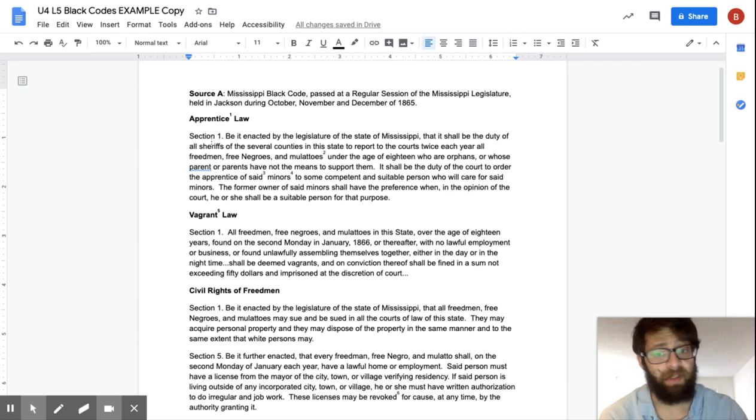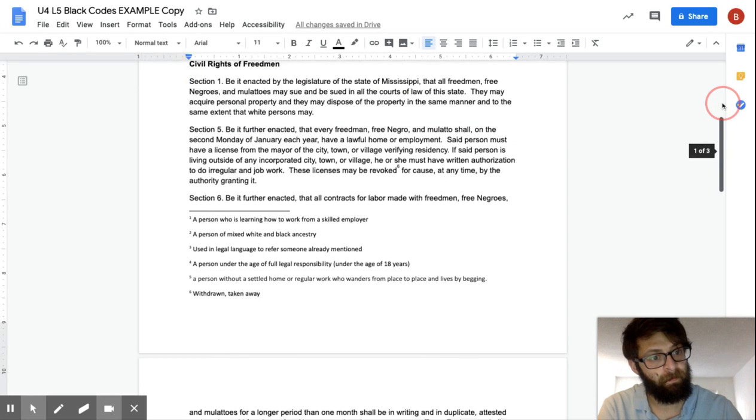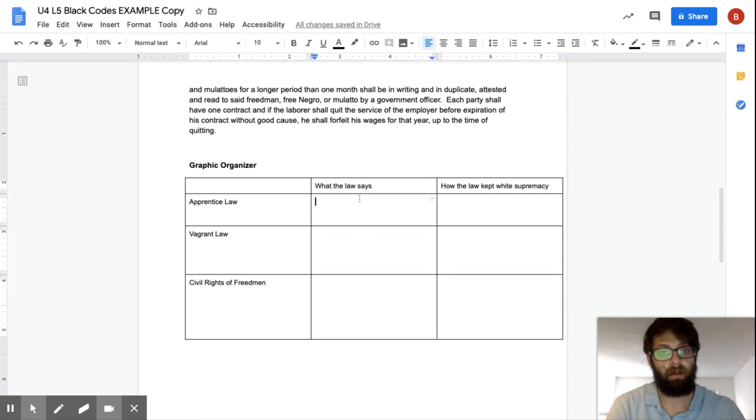There's a few key words in here to help us out. Okay, all sheriffs report to the courts twice a year. And then the freedmen under the age of 18 who are orphans or parents who can't support them. Okay, that's our first big thing. Sheriffs reporting about orphaned freed slaves. The second part, it shall be the duty of the court to order the apprentice of said minors to some competent and suitable person who will care for them. The former owner of the minors shall have preference. Okay. So as we go back down, we're going to put it in our words,